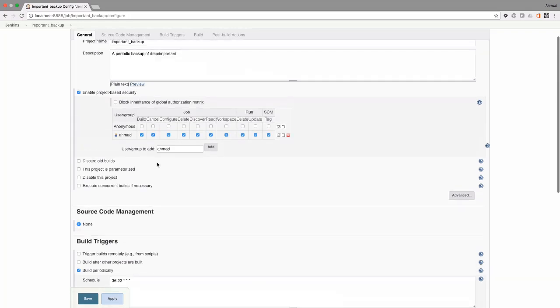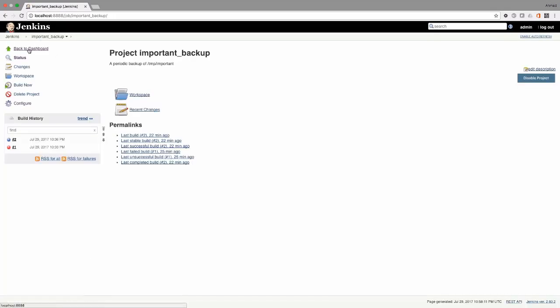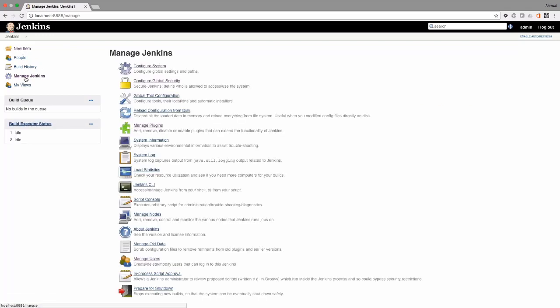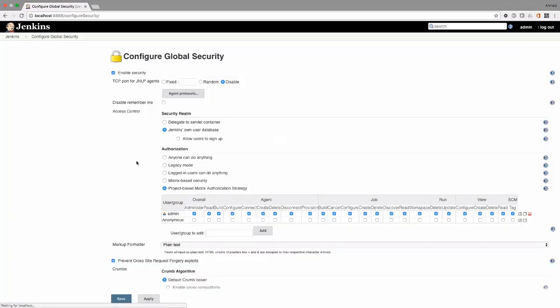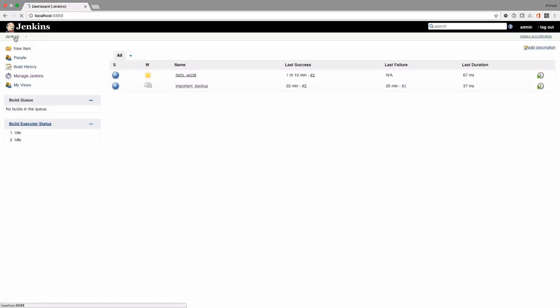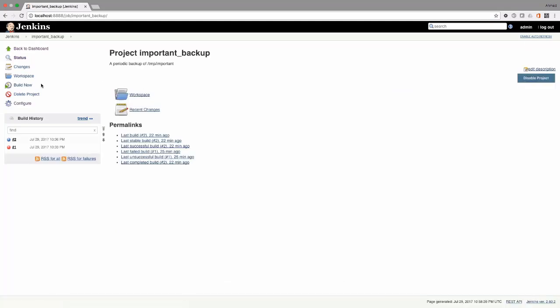So you can also click on this block inheritance of global authorization matrix. Let's see what this means. Let's save first and let's go to our dashboard, manage Jenkins, configure global security, and because you have chosen project-based matrix authorization strategy, I can add here Ahmed like that. And again, I can give this user full access to everything on the system. I can do that. However, if I did that, click save, and go back to the job, important backup, and